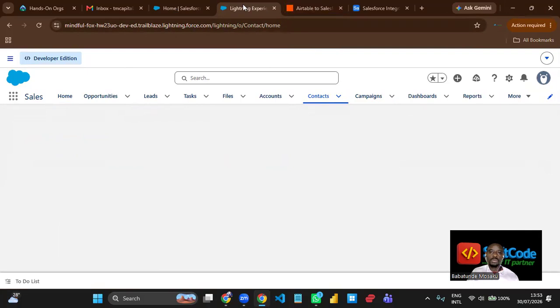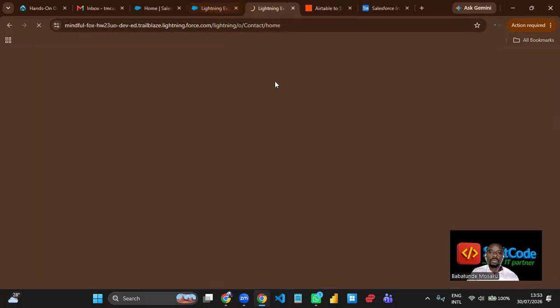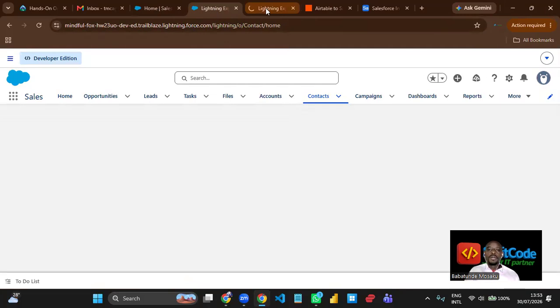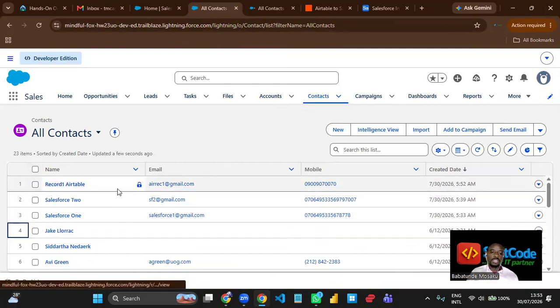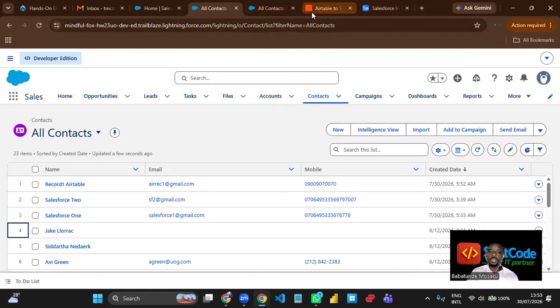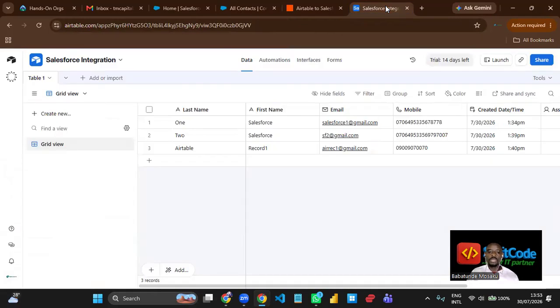It's still loading. Okay, fantastic. Everything is done as expected, and record Airtable one has been created, just like we mentioned it was going to be created. Now let us go and test whether it's working as expected. So let's say record two. Let's say rec two,